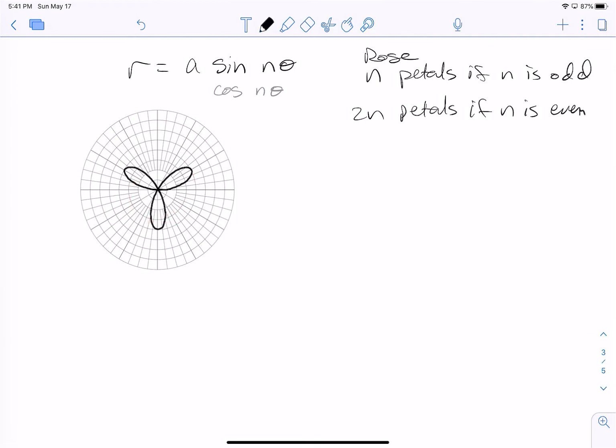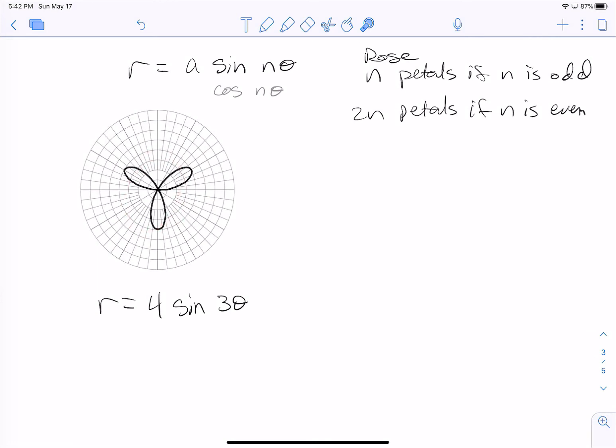This one is the graph of r is equal to 4 times the sine of 3 theta. And that 3 theta corresponds to our 3 petals. The 4 is actually the maximum that the radius will be, because the sine function maxes out at 1, and so whatever that coefficient is, that tells me how far out, how long each petal is, essentially. If we were looking at the sine of 4 theta, then we would have 2n petals, and so there would